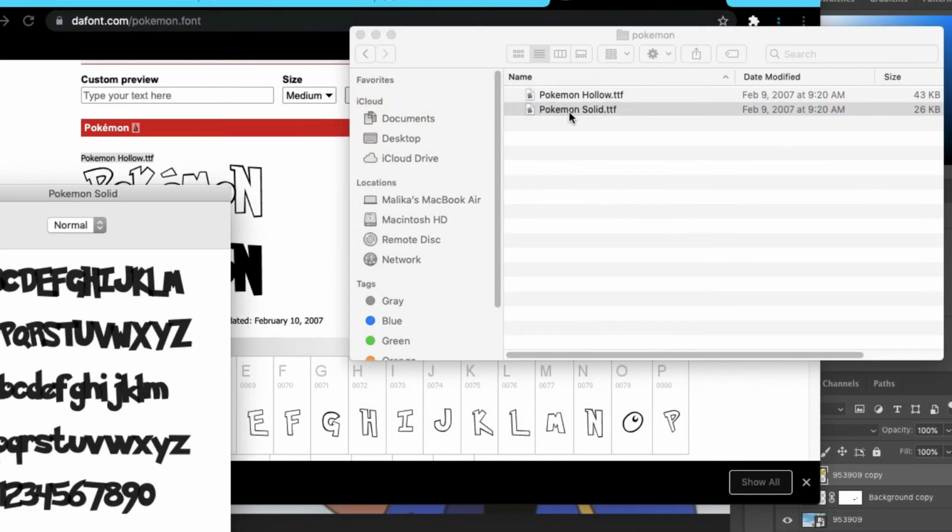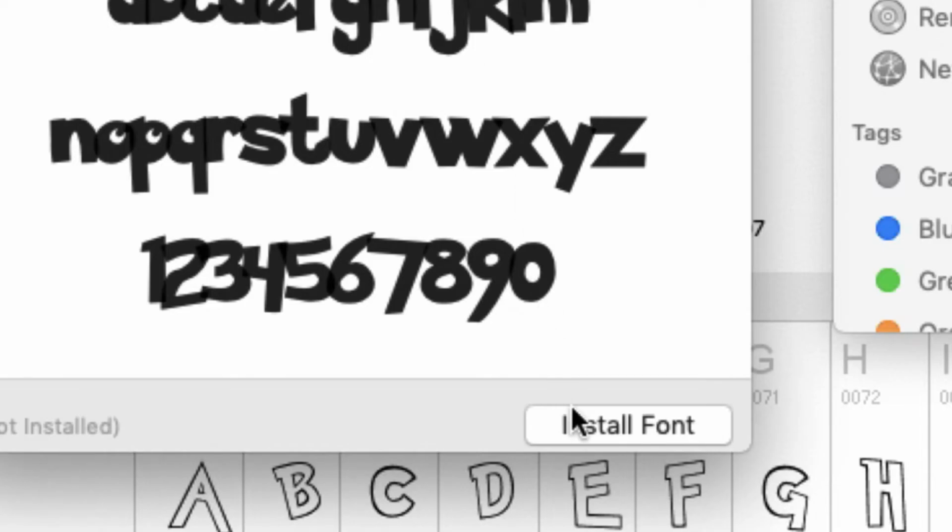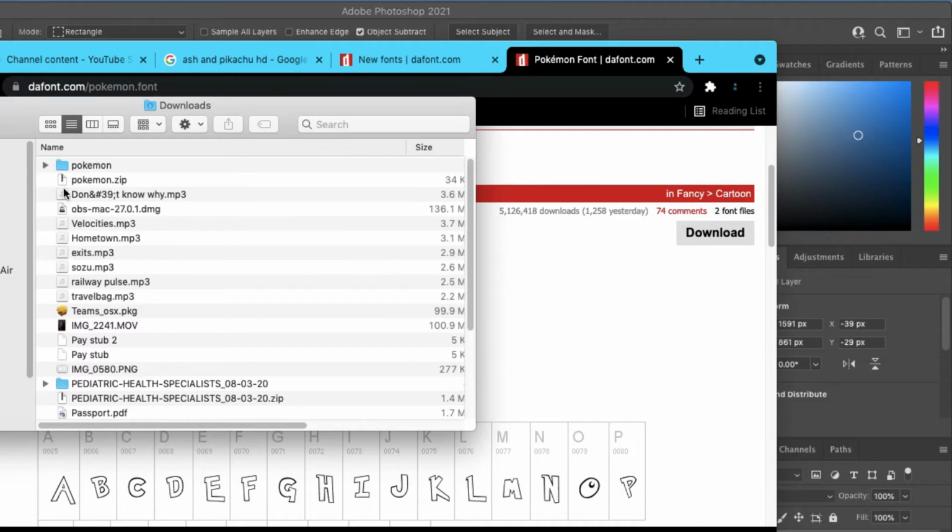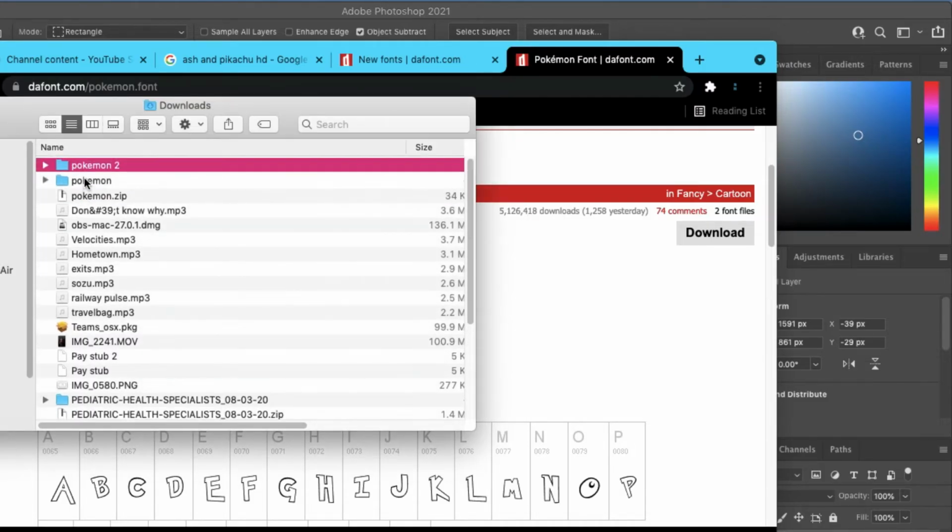Now you can just double click it, bring up this other window here. This is the quick step. You can just select install font. You do this for individual fonts, but say if you have like 2 or multiple fonts you want to install